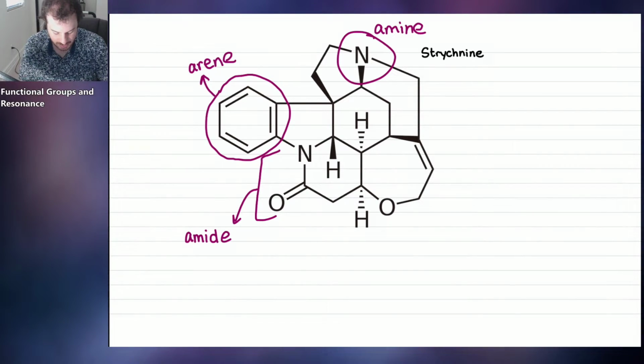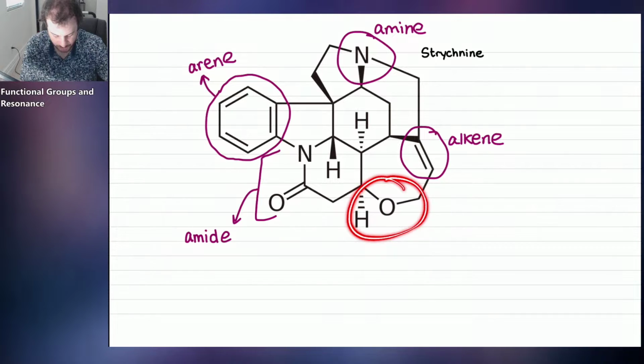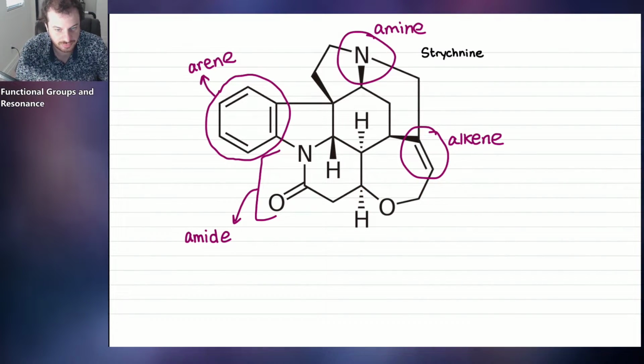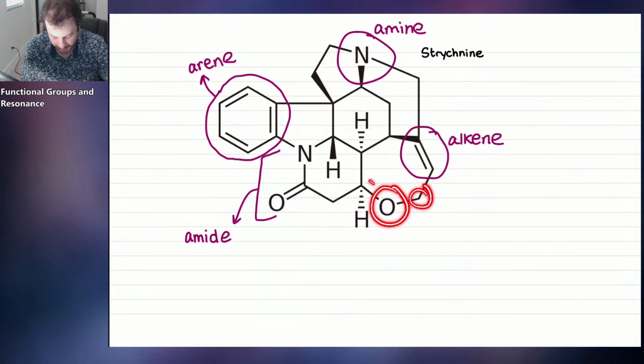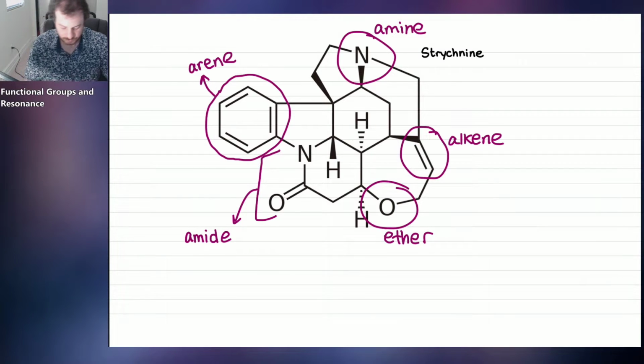All right. Here we have a CC double bond. What do we call that? That's called alkene. All right, and I see another functional group here. This oxygen here, what is this guy? Is this an alcohol? No, we don't see OH. I mean, we see H here and O over here, but they're not attached to each other, so that isn't an alcohol. What is this? It's an ether, because we have oxygen connected to carbon on the left and right. So that is an ether. All right, cool. And that's it. That's all the functional groups in this molecule.